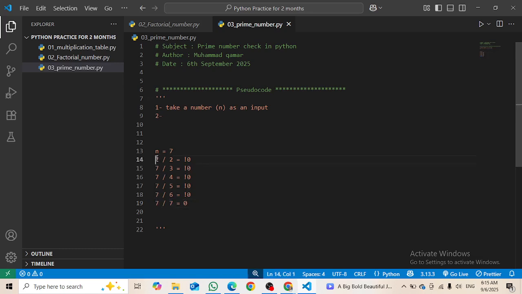So this is how you have to check these things. Manually I cannot check these things, so for this I have to apply a loop. I will apply a for loop. Why a for loop? Because I know from when to when I have to run the loop. I will run the loop from 2,